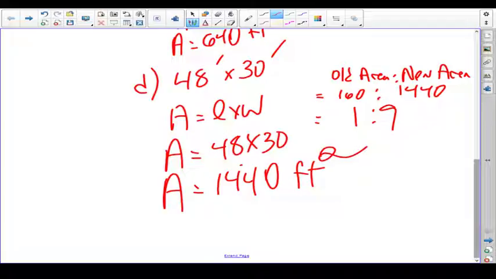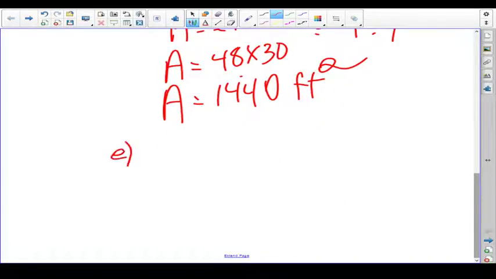So let's generalize it into super fancy math terminology. If we multiplied the dimensions by a letter n, then we would multiply the area by n squared, exactly. So there's our rule. So what we can say is this, and we'll get really mathematical here. We'll say that if the scale factor